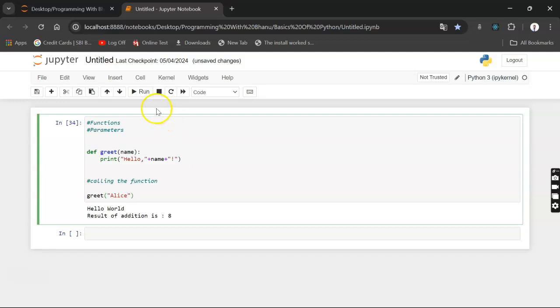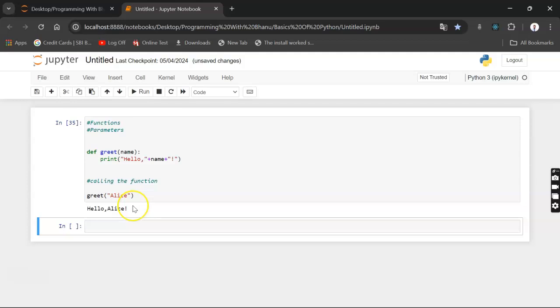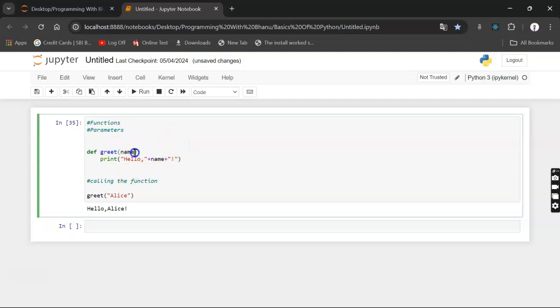Now let's run this. Here you can see we have declared a parameter. In our parentheses we have declared a parameter that is name, and in the next line we have printed out the name, concatenating it with hello and an exclamation mark at the end. While calling the function